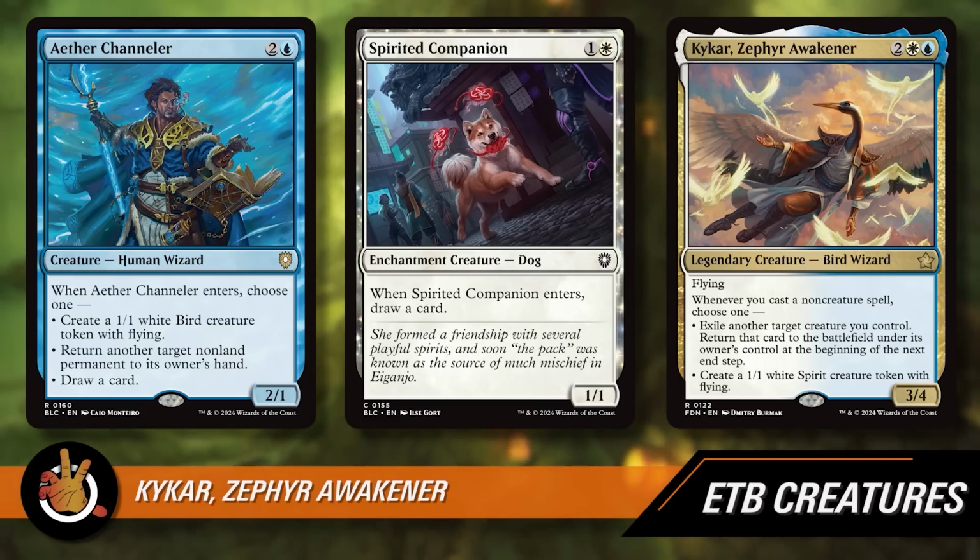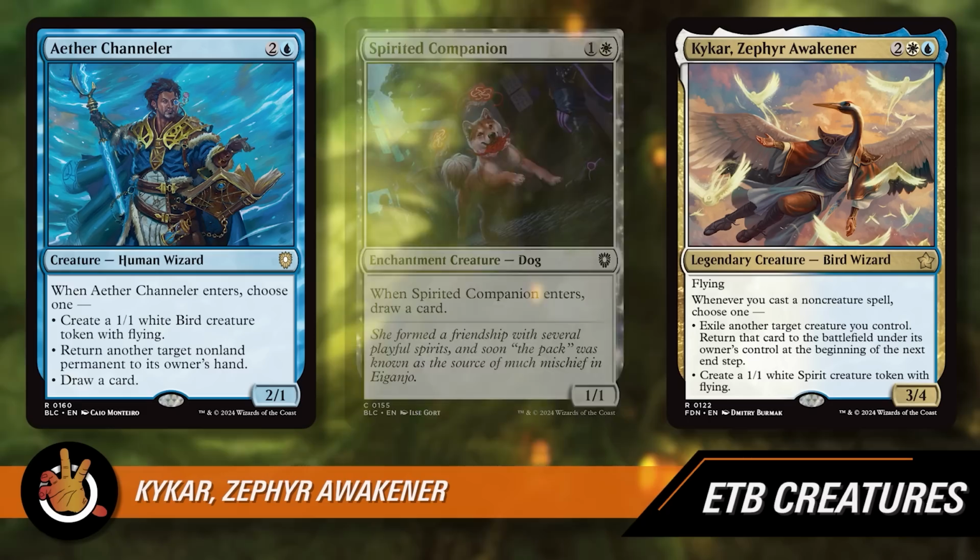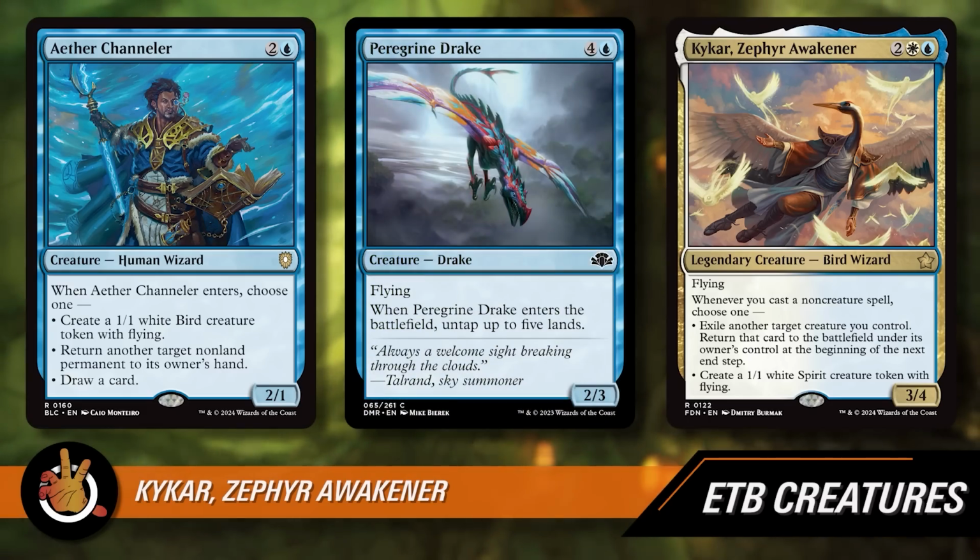Did your opponent just spend 8 mana on a crazy non-creature permanent? Or non-land? Great. You can bounce that to their hand and set them back a whole turn. Or you might just draw a card. Who knows? One of the most powerful enter the battlefield triggers in the game is Peregrine Drake, which enters and